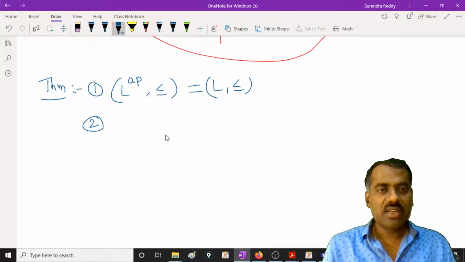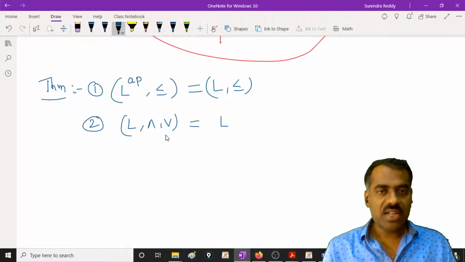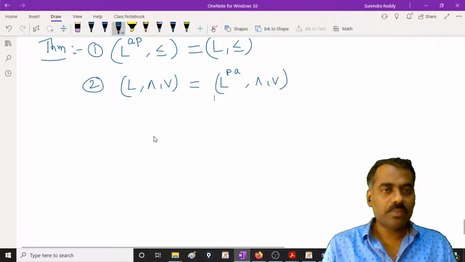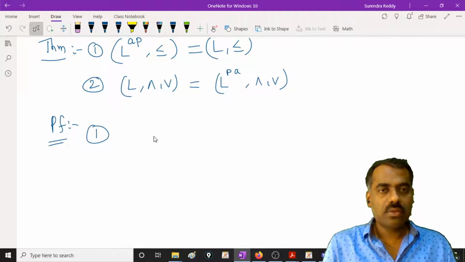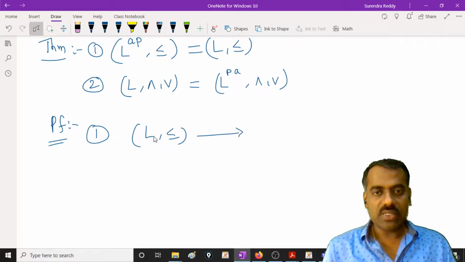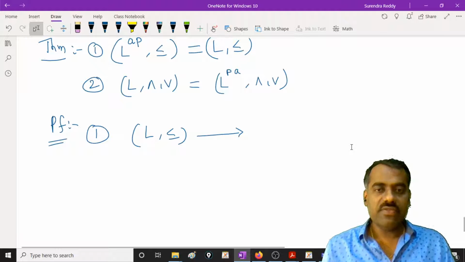Then the second one, you consider L as a lattice algebra. Then for this L, you get a poset, and from that poset you get an algebra again. These two should be the same. How will we prove it? What is the proof? It's very simple. First one, we have L. From this L we are getting, so I will write this, then I will write how they are defined, then we can easily understand.